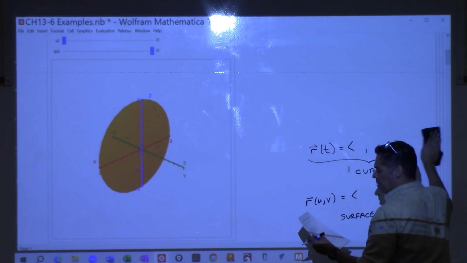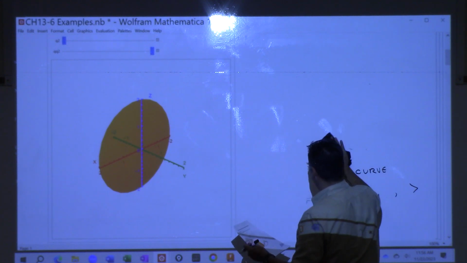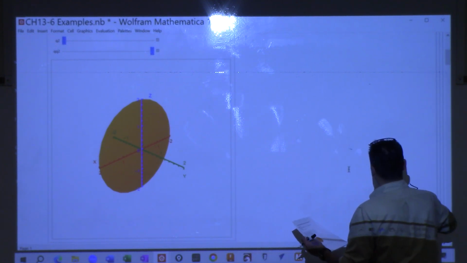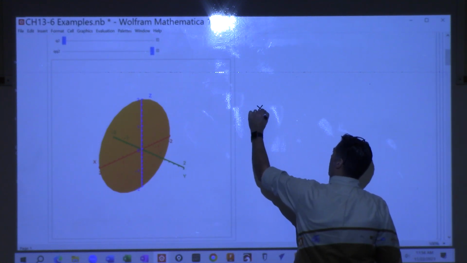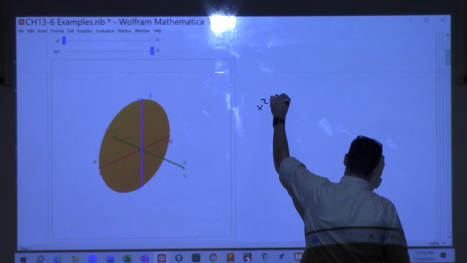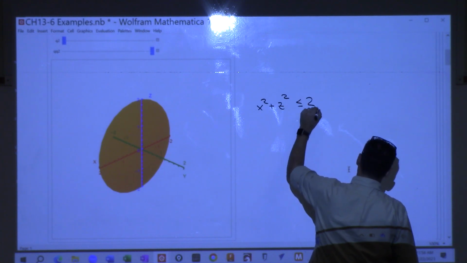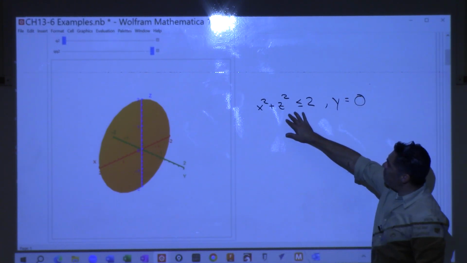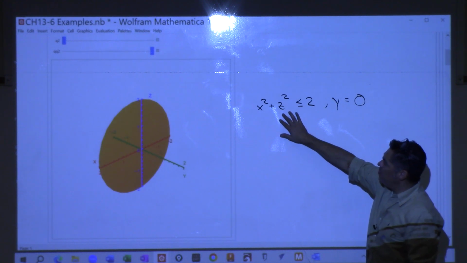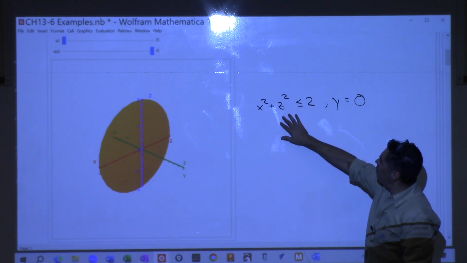It says we've got this set of points x, y, z in R3, where I say x squared plus z squared must be less than or equal to 2, and y must be 0. So what this means is this is a circle, right? This is a circle. Why